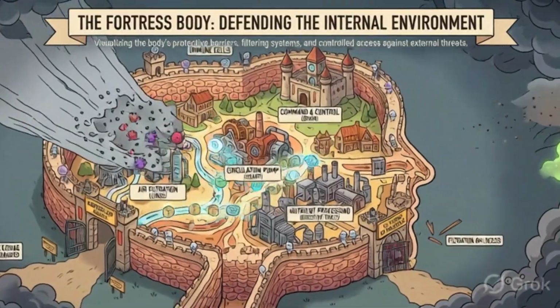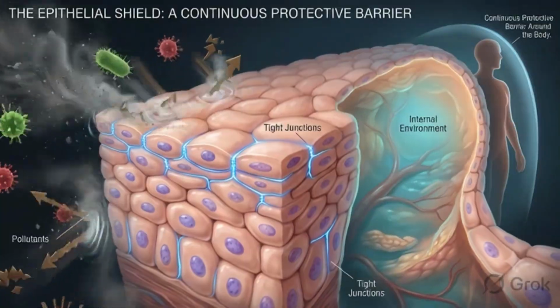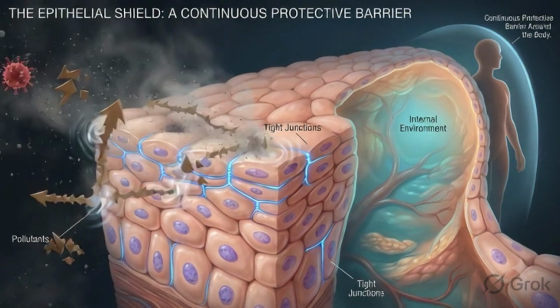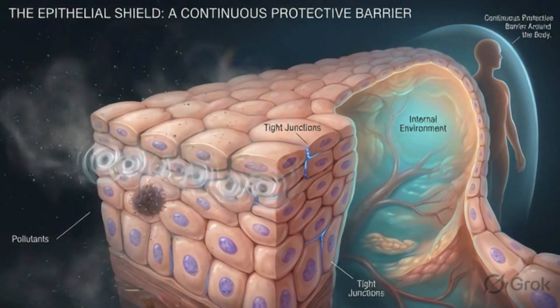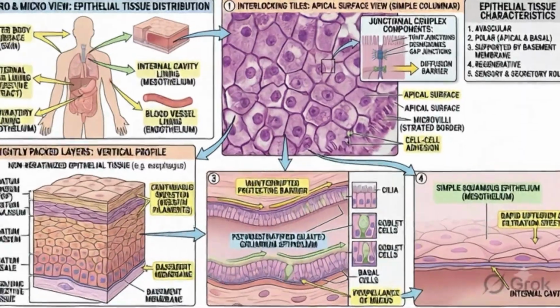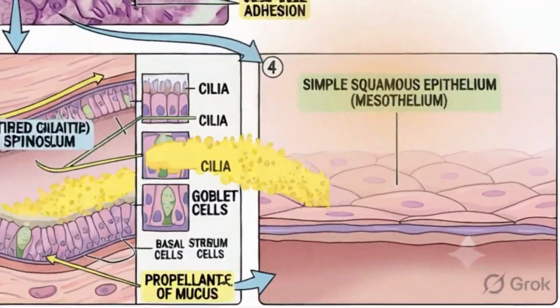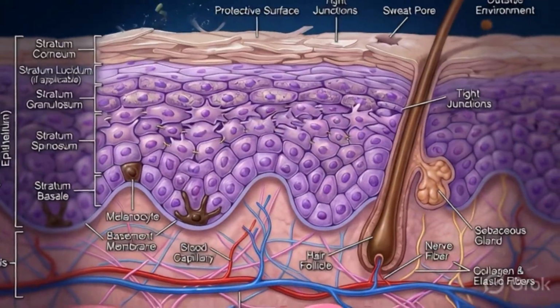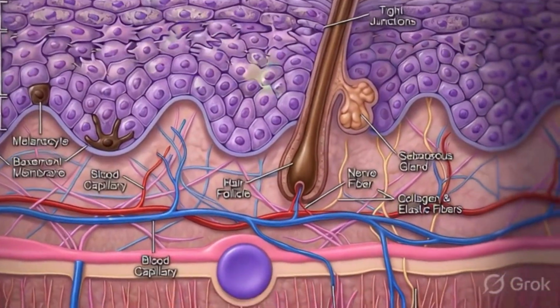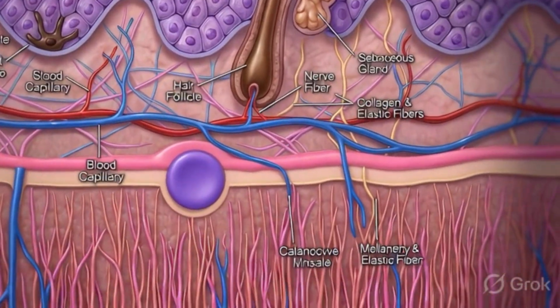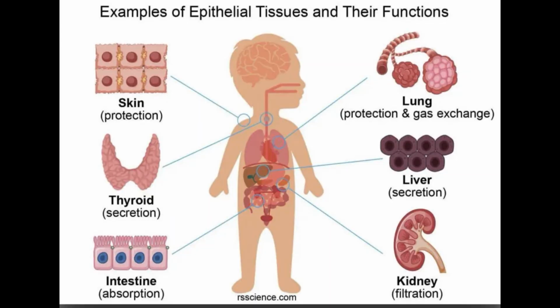Epithelial tissue. The first problem the body must solve is boundaries. The body needs to separate itself from the outside world, control what enters and what leaves, and protect its internal structures from physical damage, chemical harm, and biological threats. Epithelial tissue is the body's solution to this problem. Epithelial tissue forms sheets of tightly packed cells that cover every external surface of the body and line every internal